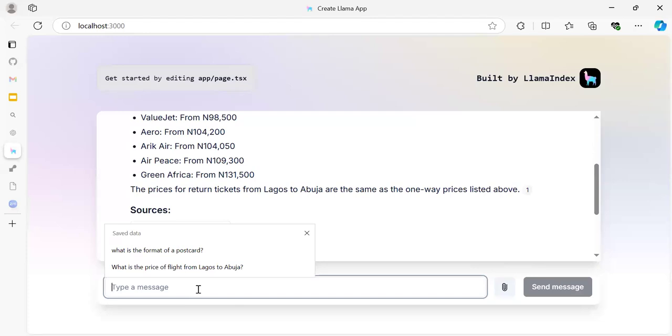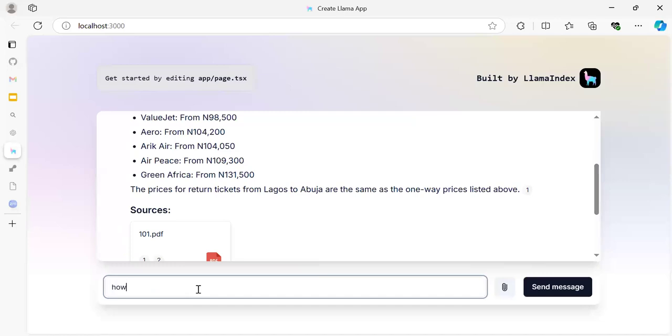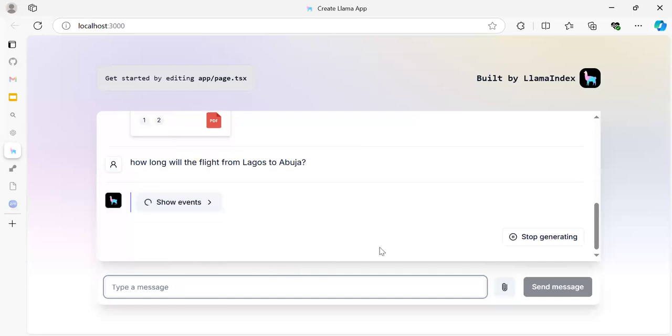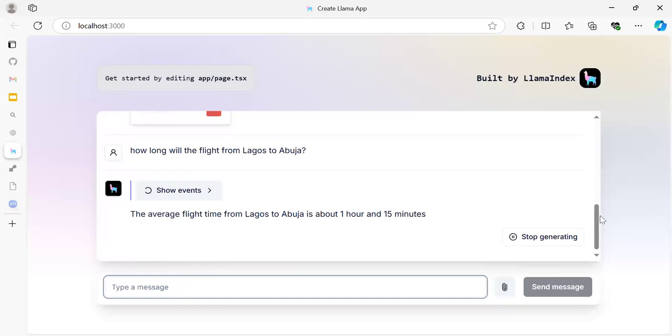So as you get it down, for instance, I'll go ahead and ask how long will the flight from Lagos to Abuja take? This is not a great question, but for the sake of the demo, I'll hit the enter button and it's going to come up with relevant information.